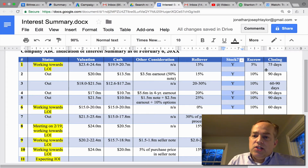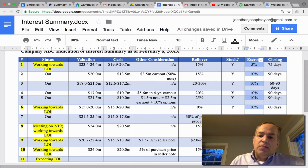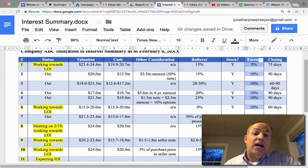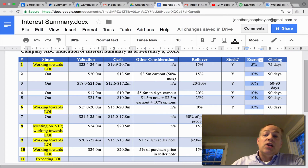Escrow. So escrow in this next column, basically that means the percentage of the proceeds or the purchase price that's going to be held in a bank account or escrowed for a certain period of time. Say it might be 1 year, 2 years, 3 years. And basically what that does is that if there are any claims in the company going forward, like if there's a lawsuit or if the seller misrepresents anything about the business, there could be claims